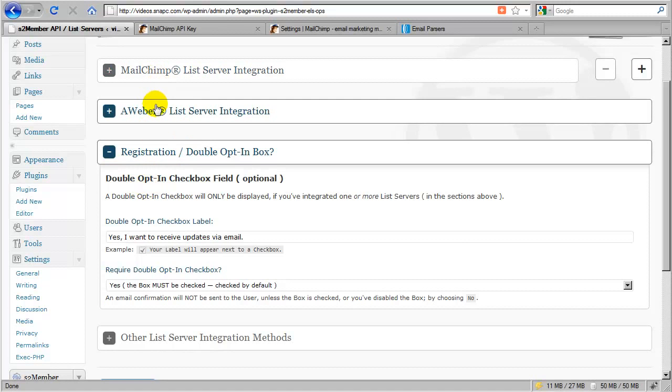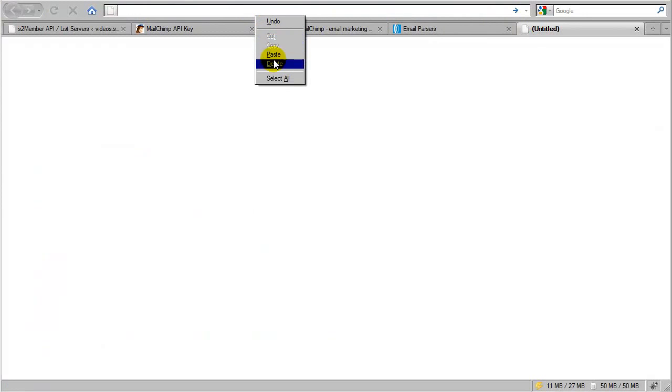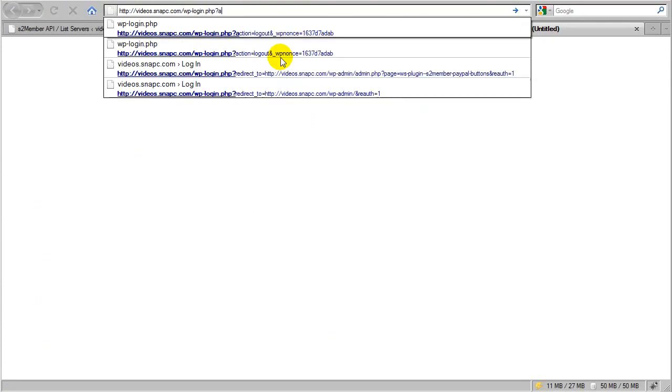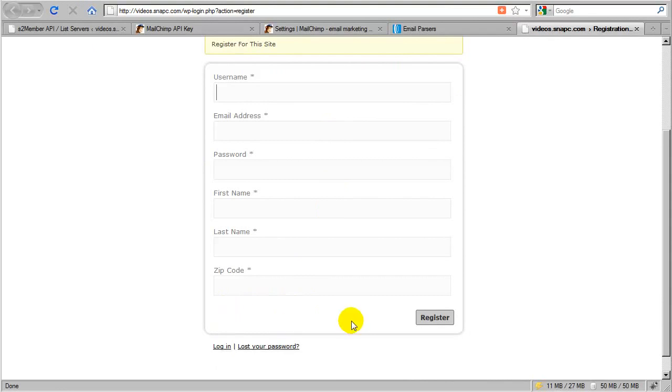If one or both of these is configured, it will trigger this registration double opt-in box that will appear on the registration form for your installation of WordPress. Now, I'm going to open up an example of this. I'm going to take the main domain, the main URL to my installation of WordPress. I'm going to open up a new tab, and I'm going to follow that with wp-login.php?action=register. So that is the registration form, and by default this is just a voided area down here in the bottom